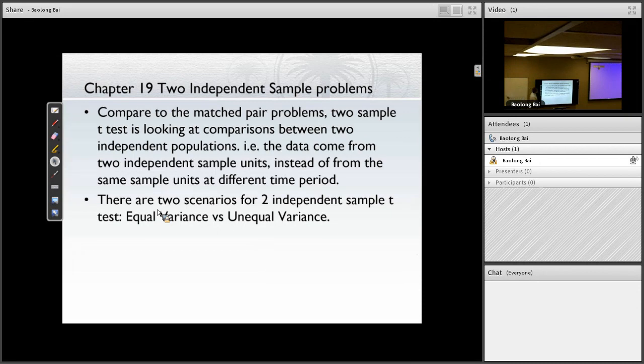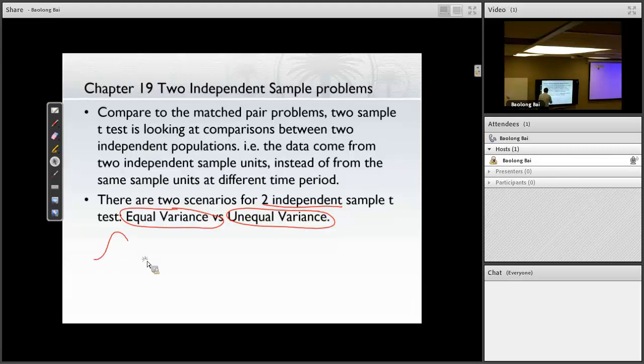So compared to the paired problem, the two sample t-test is looking at a comparison between two independent samples. You have two populations. And there are two scenarios for the two independent samples, where we either have equal amount of variances between the two groups, or we have unequal amount of variances between the two groups. So for example, if you're trying to compare between two populations and they both have normal distribution,